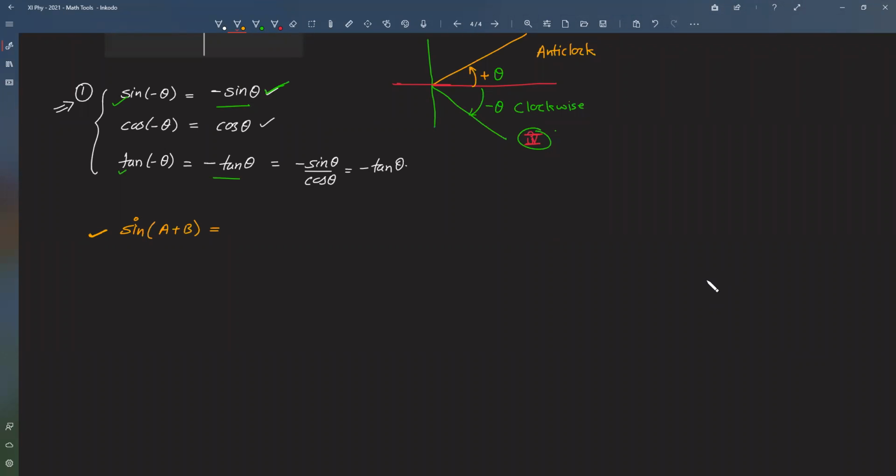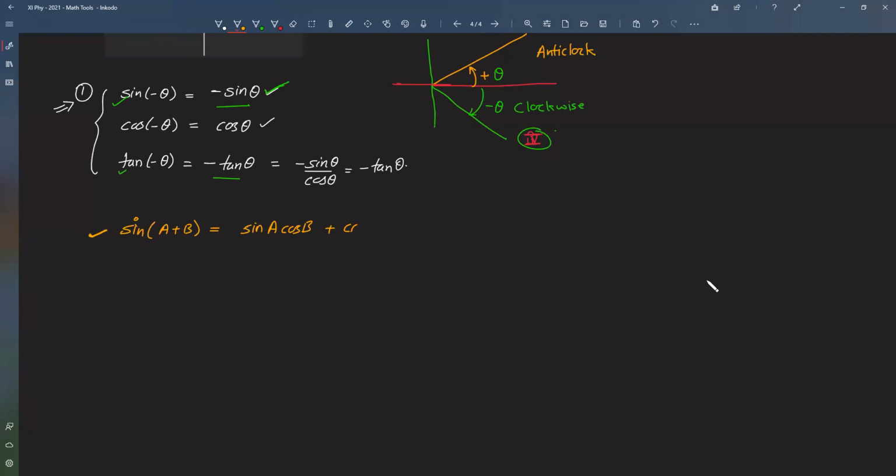That is, what is sine A plus B. So try to remember this. Actually, more and more problems you solve, more and more derivations you will do, it will come to you naturally. But for the time being, initially, you should have a sheet of paper on which these special formulas should be derived. And I'll always tell you to try to learn or mug up only few things. Others you try to derive from that. For example, here I'll say sine A plus B. You try to learn this. This is sine A cos B.